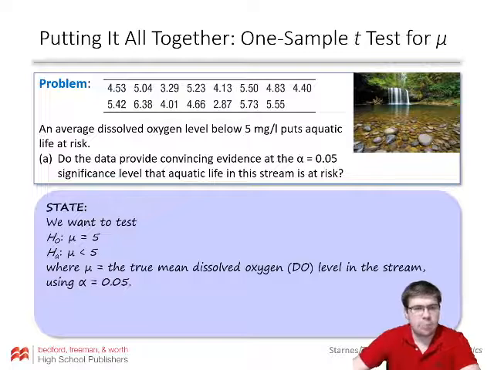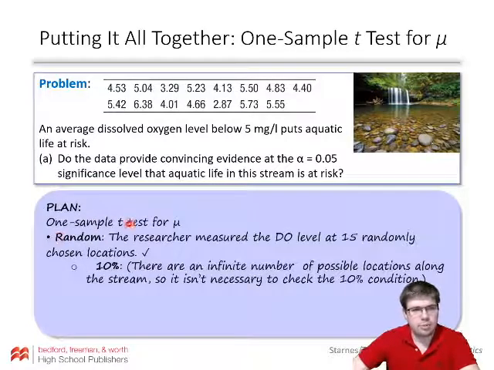So then we plan, we name what we're going to do. This is a one sample t-test for mu. We have to check our conditions. We have our random condition. We did do random locations, kind of a weird population. The 10% condition is a bit weird too because of that. There are an infinite number of possible locations along the stream, so really it isn't necessary to check the 10%